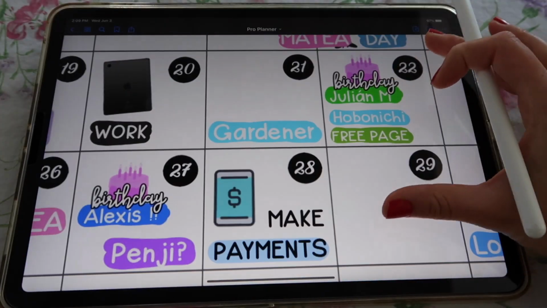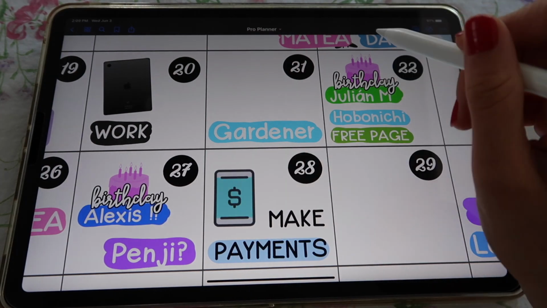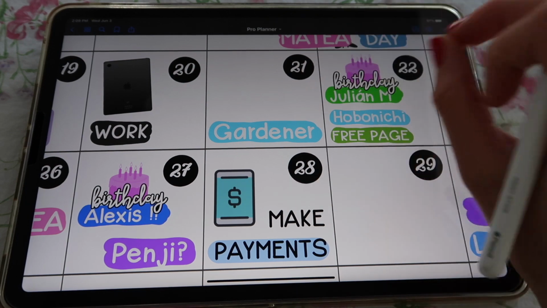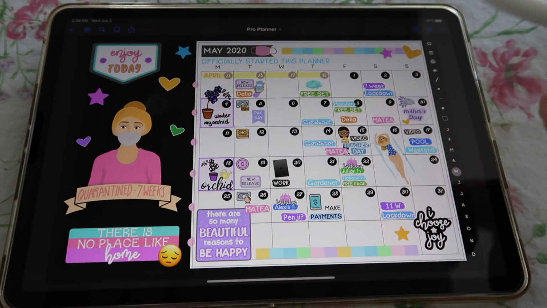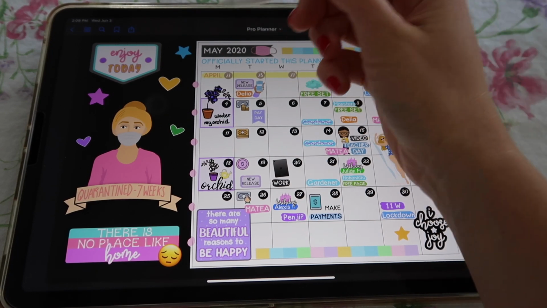And lastly, I have also tracked the birthdays of people I care about. I just added this sticker, which is from the Rainbow Sticker Book, and it's easy to spot that these 2 days I have birthdays. Alright, so next I want to show you what the weekly spreads look like, and from